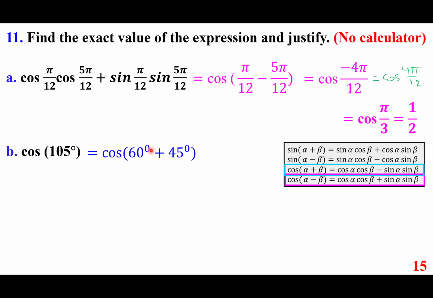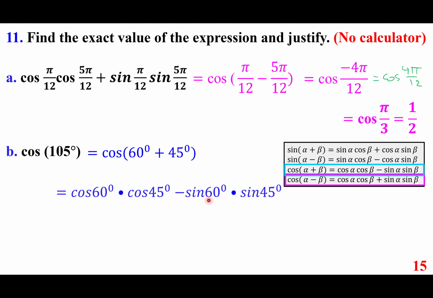So you have cosine 60 cosine 45 minus sine 60 sine 45. Cosine of 60 is 1/2. Cosine of 45, like sine of 45, is square root of 2 over 2, minus sine of 60,